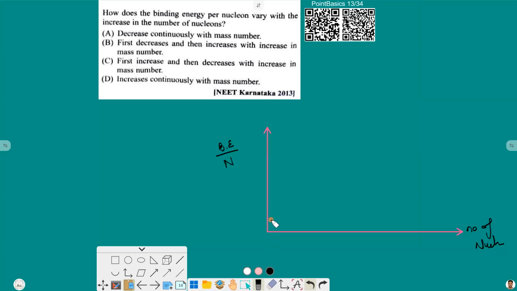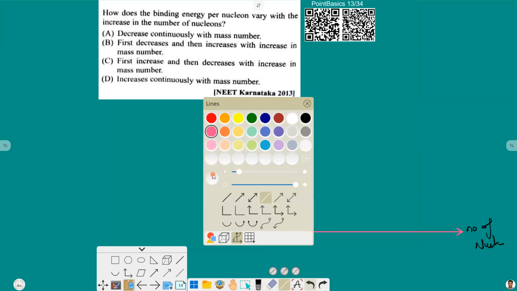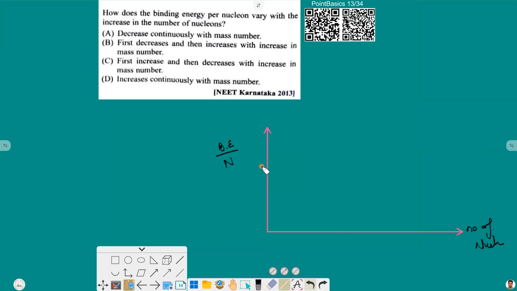So this graph varies like this. First it increases, then it decreases, and then it just saturates. So binding energy first increases, then decreases with increase in the mass number. So that is